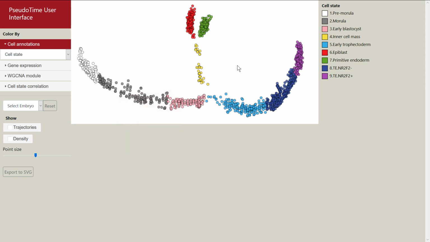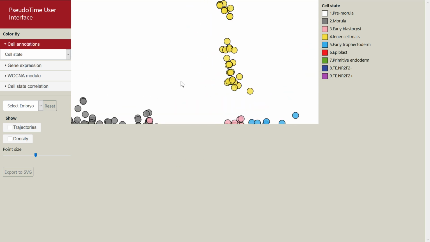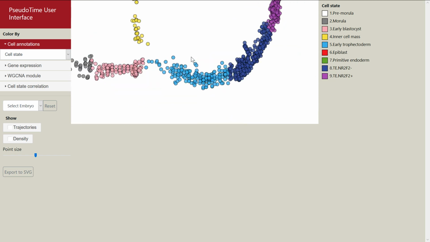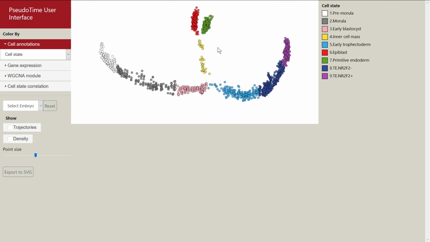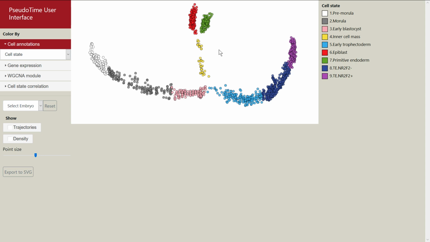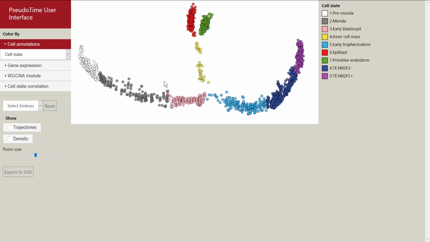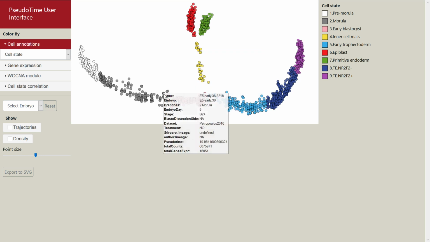First, you have a central area with the 2D projection of the data. In this area, each circle is a cell. You can zoom in or zoom out with your mouse wheel. Or if you use a phone, you can zoom by pinching your fingers. If you pass your pointer over a cell, you have different cell annotations. I will describe these annotations further in this tutorial.